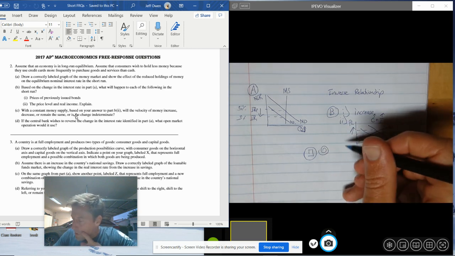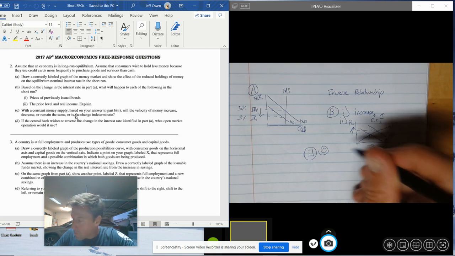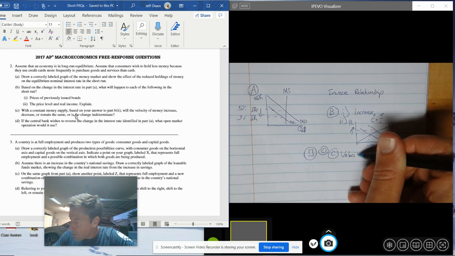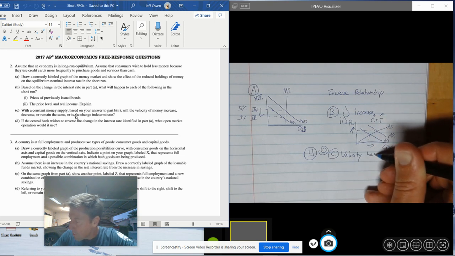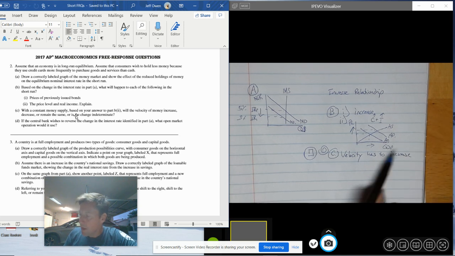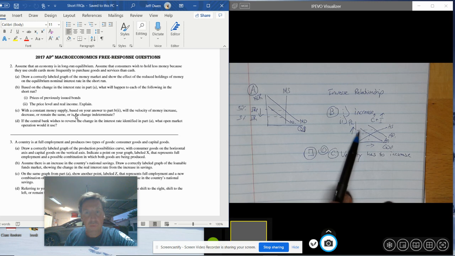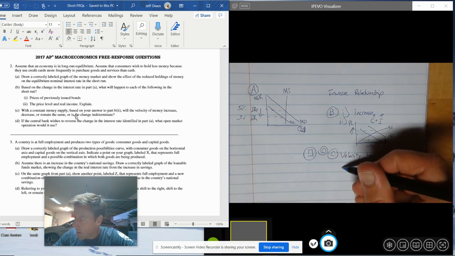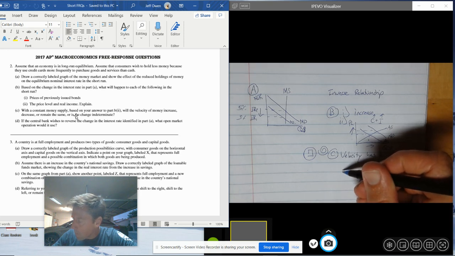So velocity of money, what letter is this? Let's see. So velocity has to increase to handle this increased price level, right? Things are going to cost more now. We have a set amount of money. So I'm going to have to spend that dollar more times throughout the year to handle this increase in price level. And that goes back to the equation that was, let's see,